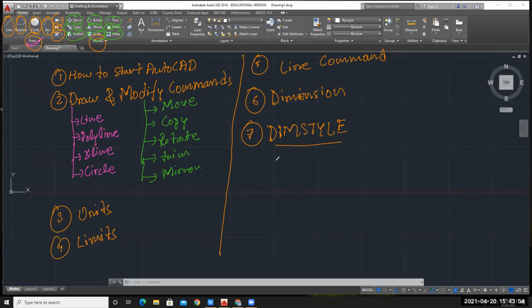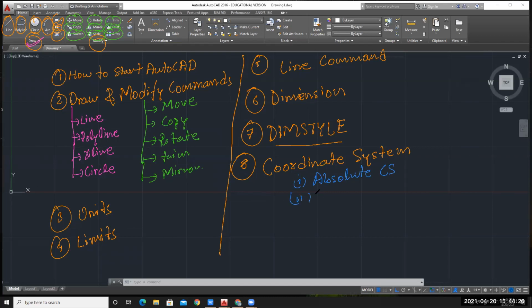I will underline it. Then after that, we have studied coordinate systems. In coordinate systems, we have gone through 4 types of coordinate system. The first one is the absolute coordinate system.